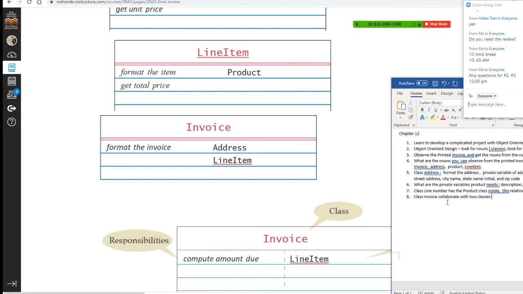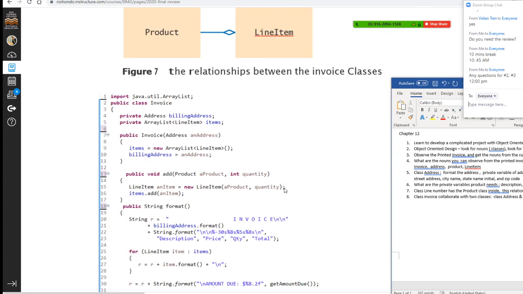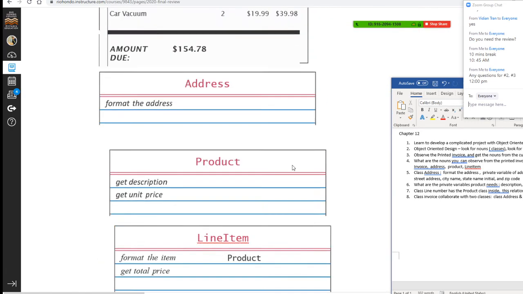What are they? Okay, class address and class line item. All right, line item. Now, pay attention for this right now. All right, so line item here,